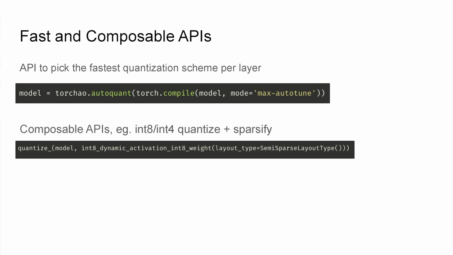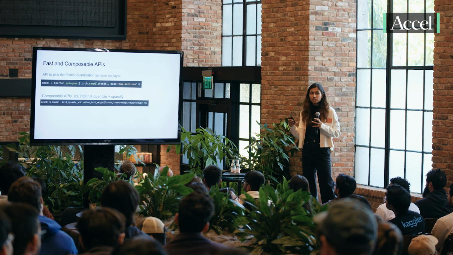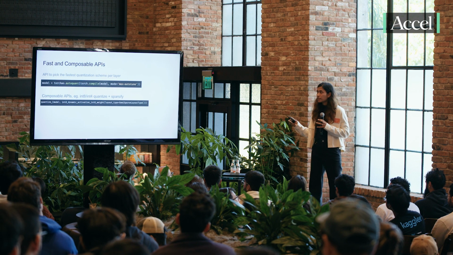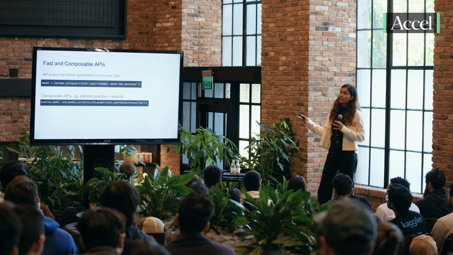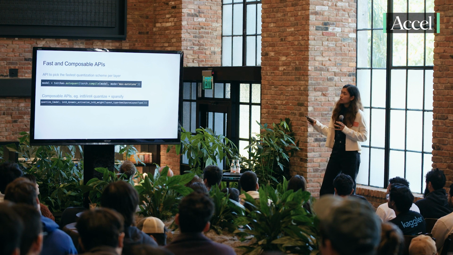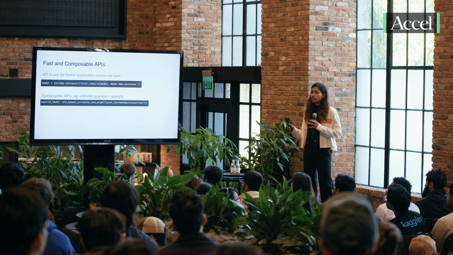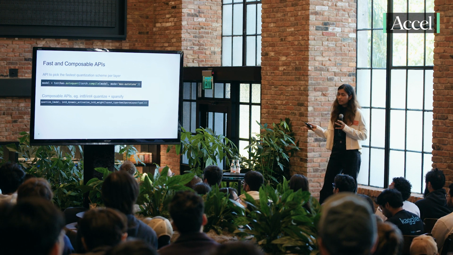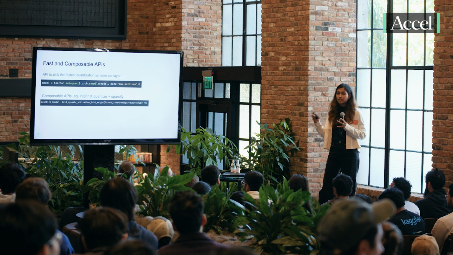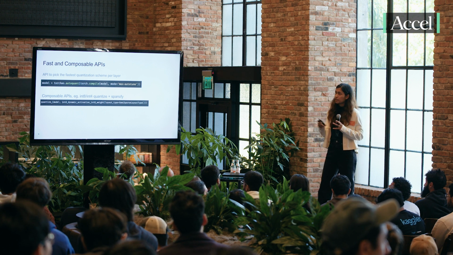So what we noticed is that sometimes our users use our quantization APIs and their models actually run slower, which is not great. Why this happens is because quantization inherently has an overhead associated with it, and this overhead is amplified for layers with small shapes. So we built this tool called AutoQuant, which effectively leverages compile to generate micro benchmarks at a per kernel level and decide whether or not a layer should be quantized or what dtype it should be quantized to.